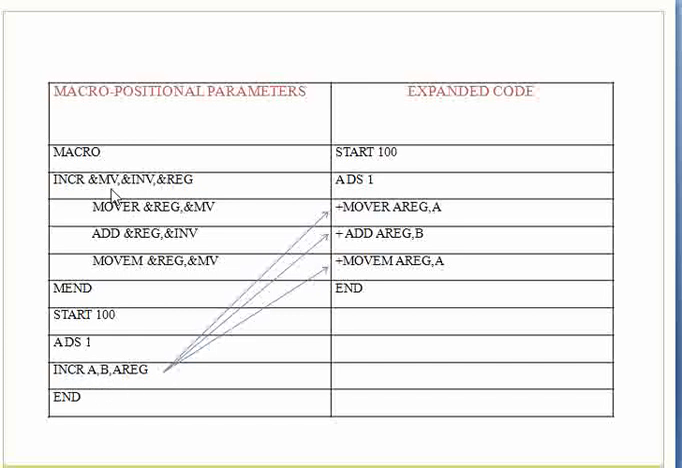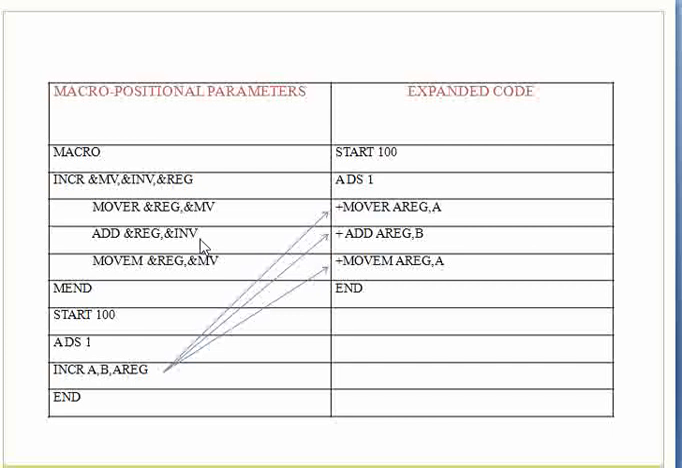That is, in place of MV during expansion it would write an A, in place of INV it would write a B, and in place of register it would write AREG. Now this single line macro call would actually lead to the expansion, which will consist of three lines. So it will take the first line over here, MOVER, and in place of register it would write AREG, in place of MV it would write A. And after that